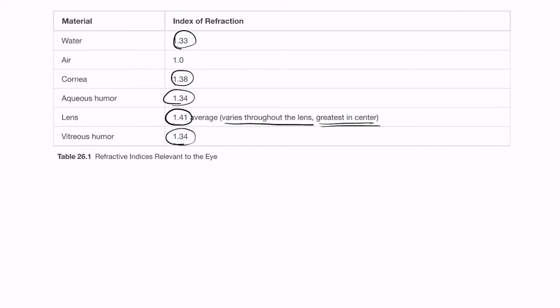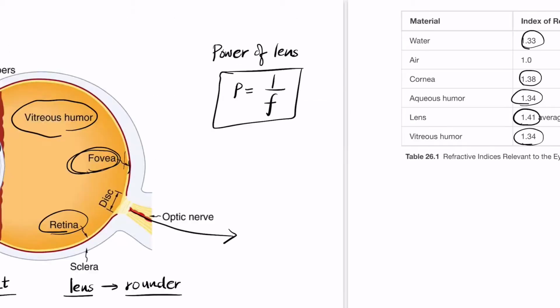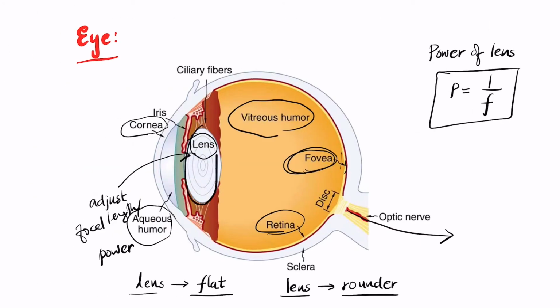Now, how do the refractive indexes affect the way you see? Generally the cornea provides about 2/3 of the power of the eye, owing to the fact that the speed of the light changes at the cornea, and the other layers also help in producing one main thing. Notice the shape of the lens. Your lens has a convex shape, it's a converging lens. So it converges the light that falls on it.